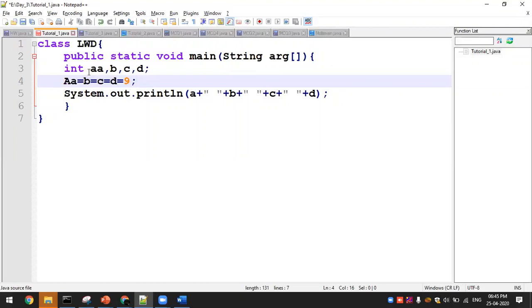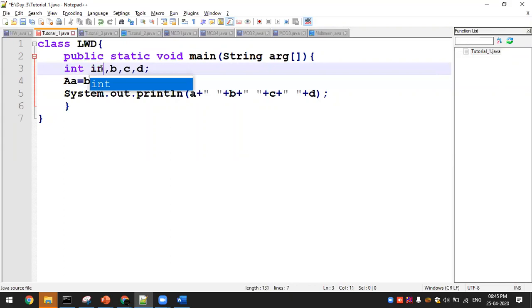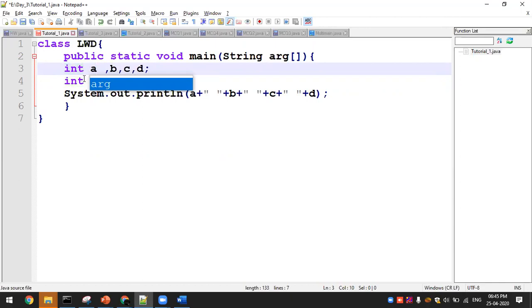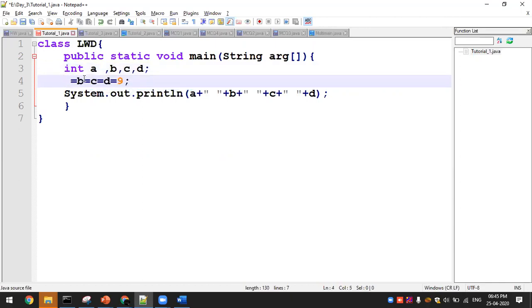And one more thing, you can't use a keyword as a variable name, right? This is common for everything. Here I have a variable named int. This is going to throw a semantic error. You can't use a keyword as a variable name, that is not allowed. The basic rules for a variable and identifier are the same for a local variable. That's it.